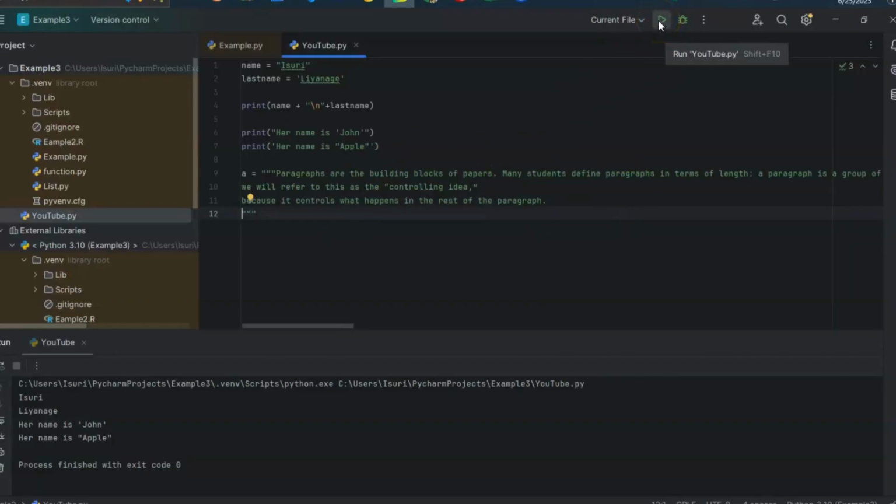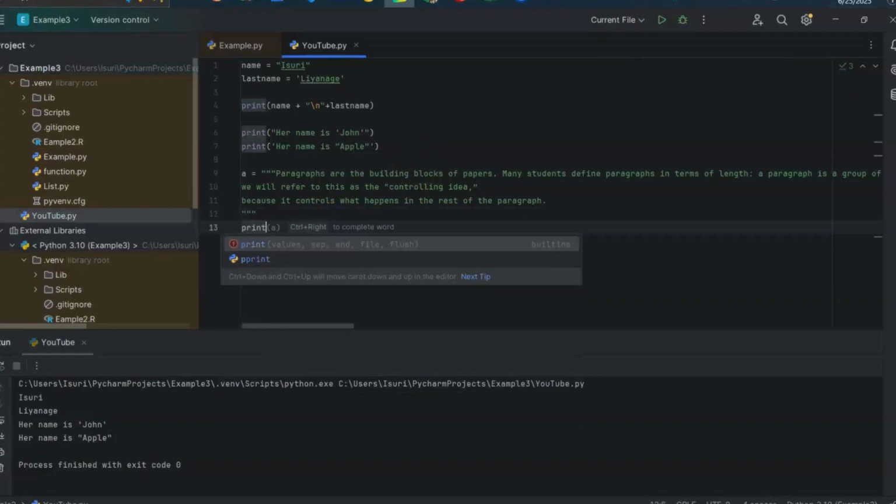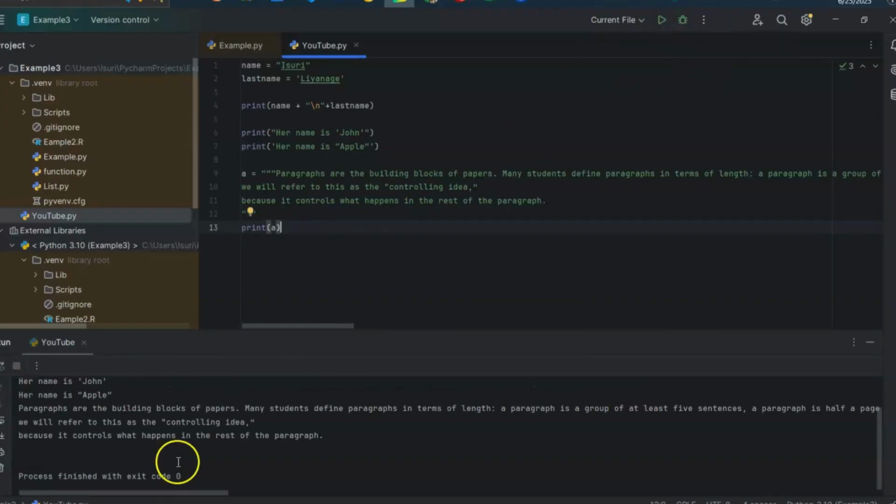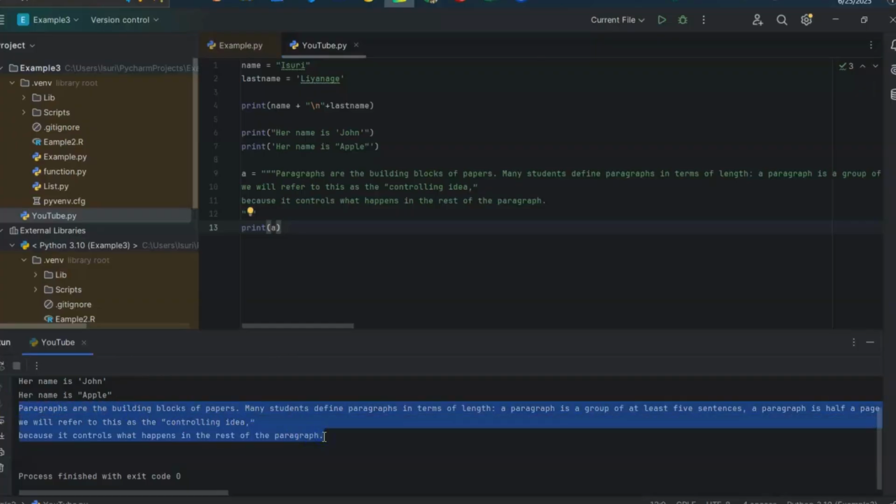Now we can print this using print. See, you can print as it is. You can use triple double quotes or triple single quotes. Don't forget to try it with